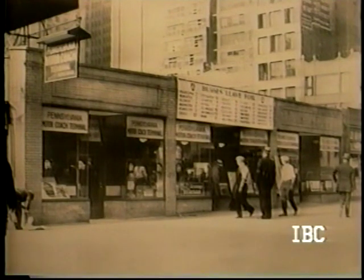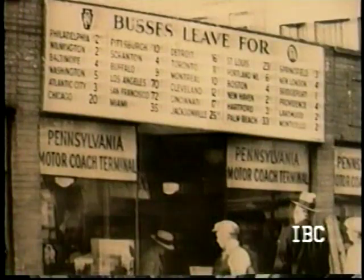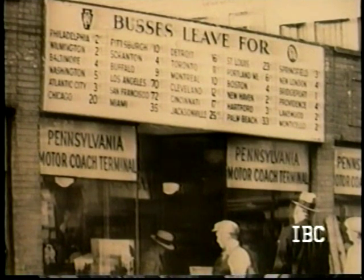Now, in the early days of Pennsylvania Greyhound, which was called People's Rapid Transit, again owned by the Pennsylvania Railroad, they were directly on 34th Street, directly across from the 34th Street foyer for Pennsylvania Railroad Station. You can see right here, you know, buses leave for Philadelphia, Wilmington, Baltimore, Washington, Atlantic City, Chicago,